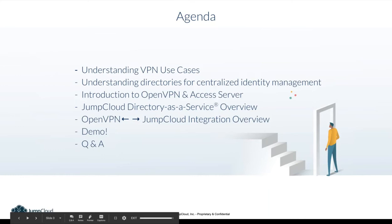By that, I mean understanding general VPN use cases, how, when, and where you deploy the need for a virtual private network. The same thing for understanding directories. So why does a company actually institute some type of centralized identity management? We'll go through a few of those reasons and frankly, some of the pitfalls of when you don't have centralized identity management. We're going to pass the reins over to Johan, and he's going to dive through OpenVPN Access Server